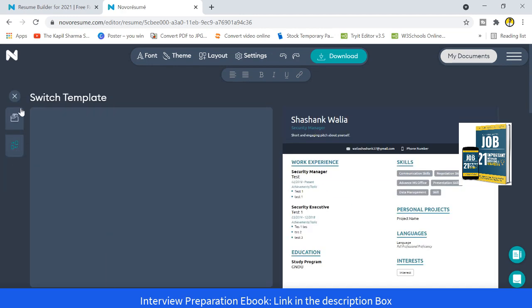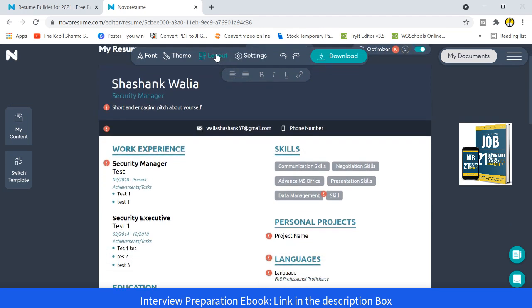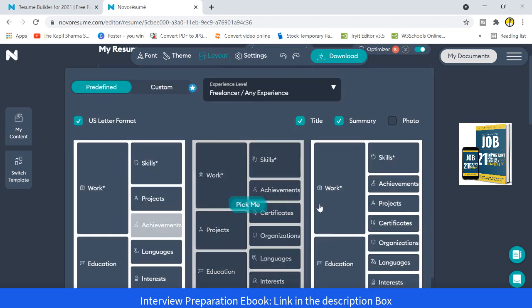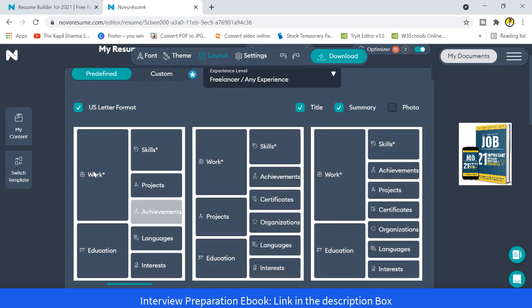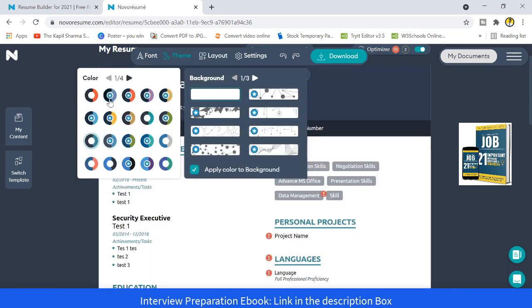You can go to the layout, and then you can choose the free sections which are available for you to add in your resume, because there are certain things with a star, they are paid, but if they are not with this option, then they are free, right? For example, if I have to use a color combination, I can only use those color combinations which are not with this star sign.